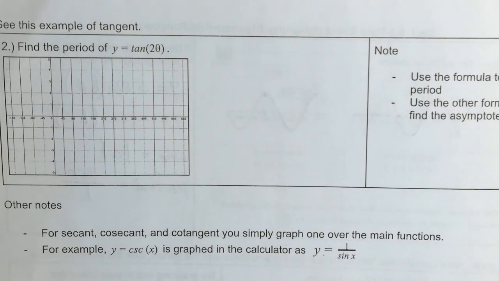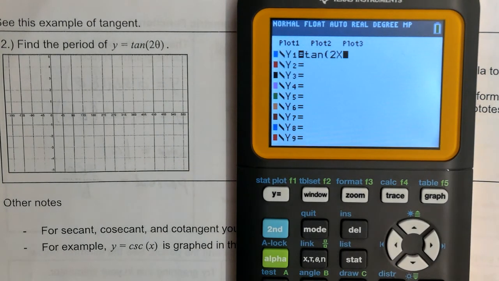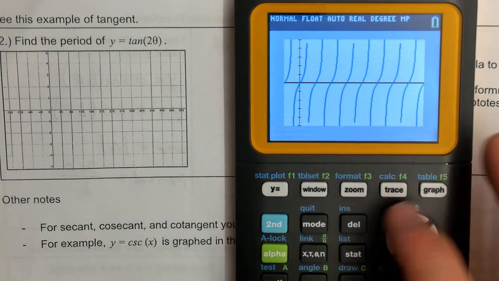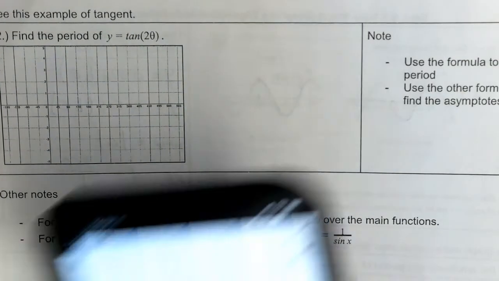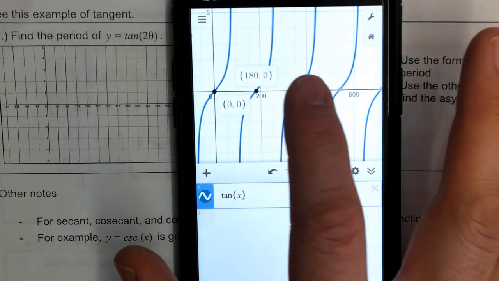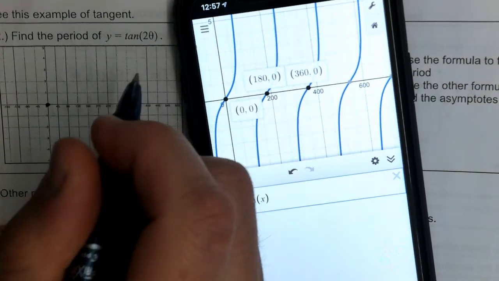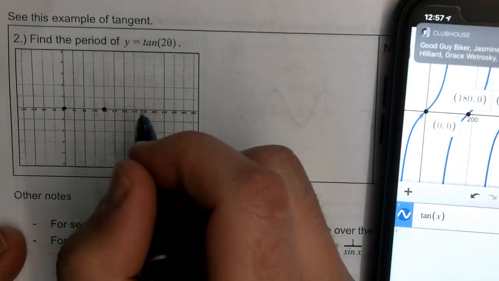Tangent of 2 theta. Again, I'm going by intervals of 45, and I want to put in 2x here. Of course, this is going to be really squished. Let's go and actually use Desmos, so I know I'm cheating a little bit here. Maybe that's not really cheating, I guess. So let's put tangent of x in here. You can see that we've got intercepts at every 180 degrees. So at 0, 180, 360,